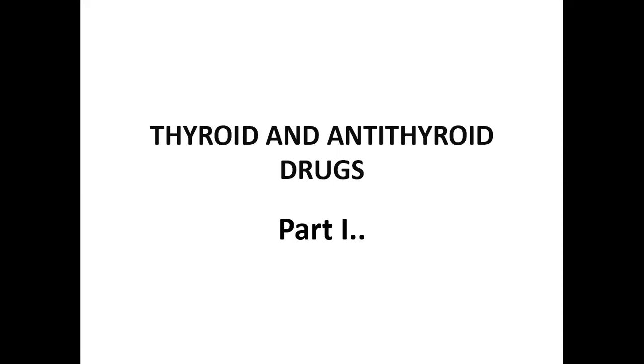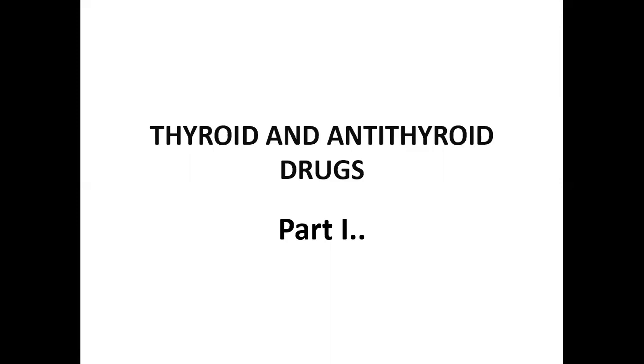Before we go into the thyroid hormones and their details, let us discuss briefly the thyroid gland, its location, and its histology. The thyroid gland is one of the largest endocrine glands in the body. It weighs nearly 15 to 25 grams in adults. It consists of two lobes joined together by a narrow isthmus and is located on either side of the trachea below the larynx.